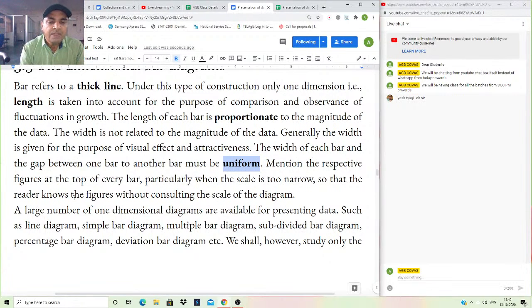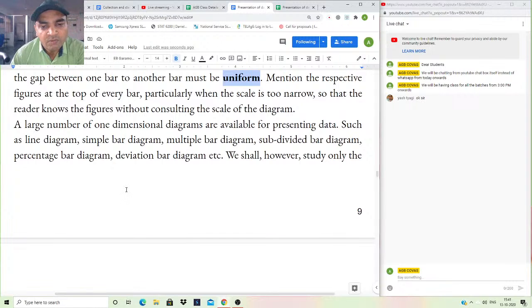If we will be having bars very close to each other, it will be very difficult to label them. Okay, so for proper labeling and proper attractiveness and proper retrieval of the information from a one-dimensional diagram, it is very important to have a uniform bar width and a distance between them. Okay, now,